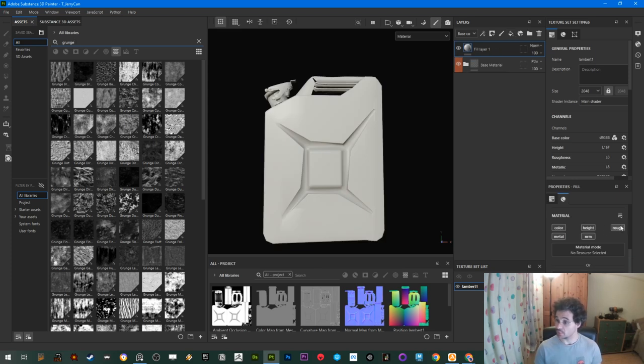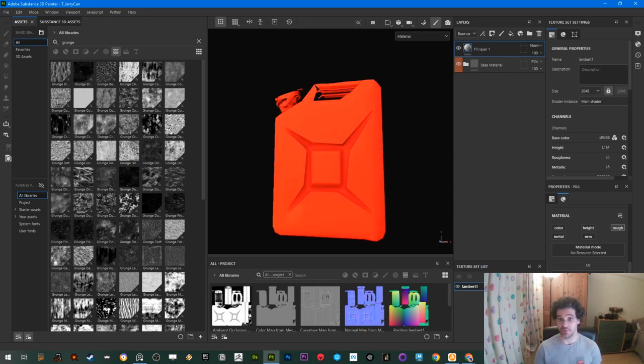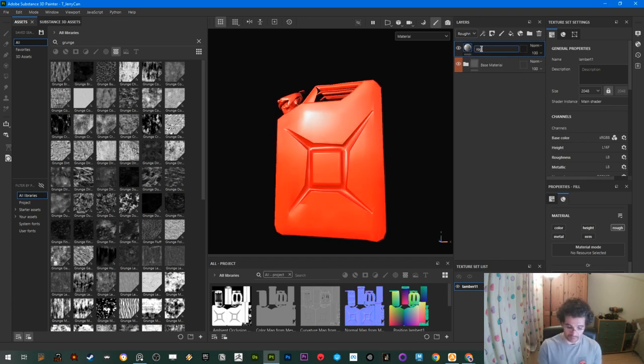I'm going to come here to the roughness channel, press Alt click, so we only have a roughness. And as you can see now, we can have a new control over the roughness, but we want to add this in a more roughness way. So here on my layers tab, I'm going to change base color to roughness so I can start working on the roughness. And this fill layer, I'm going to call it